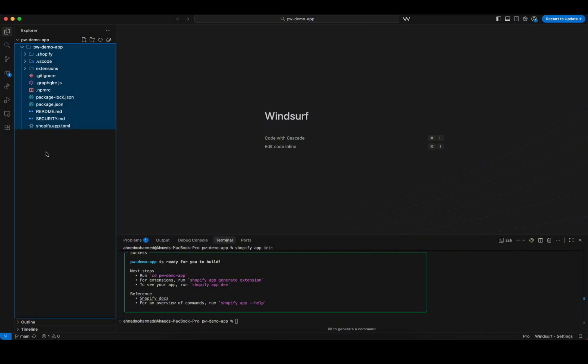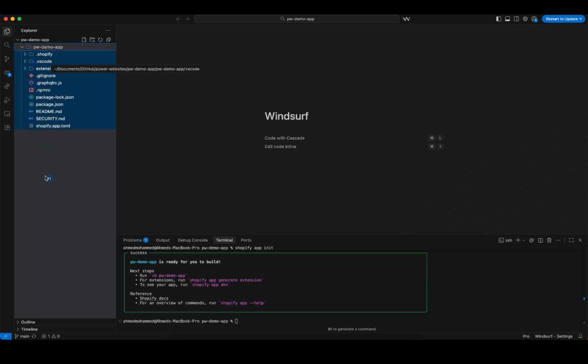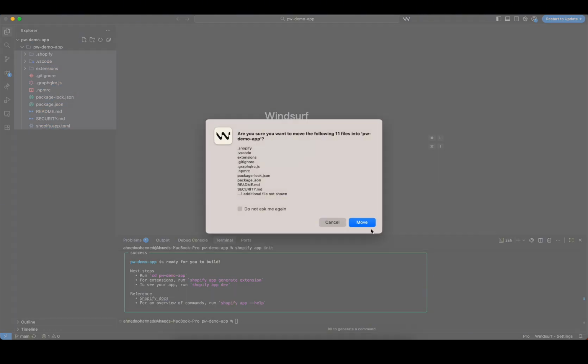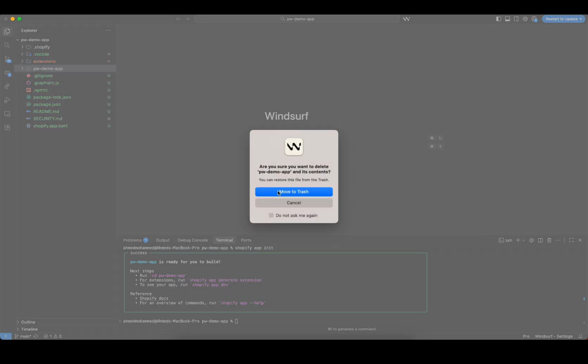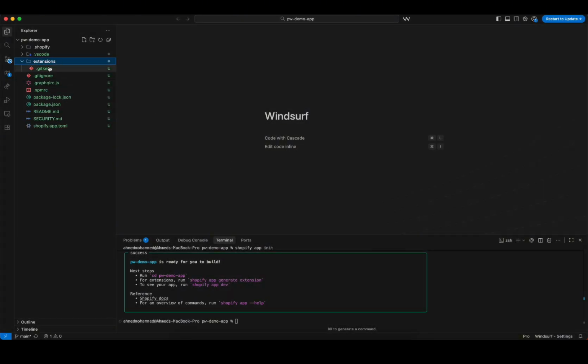What I want to do is move it away from that folder. I just put it into my main folder. Something you don't have to do, but that's what I want to do. Then just get rid of this. I don't know why it's giving me an error here. There shouldn't be an error. Who cares? Anyway,